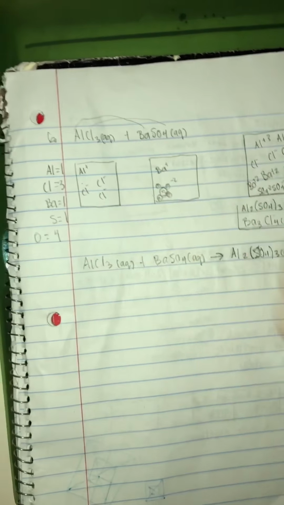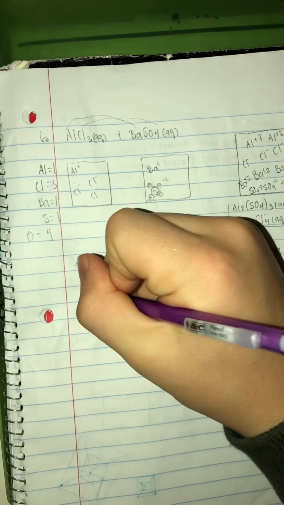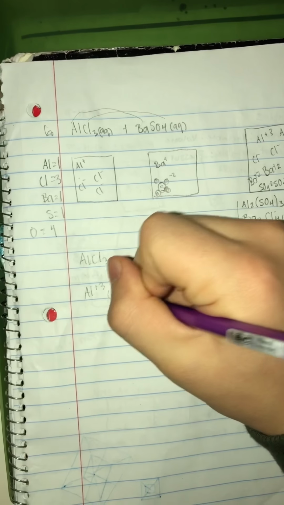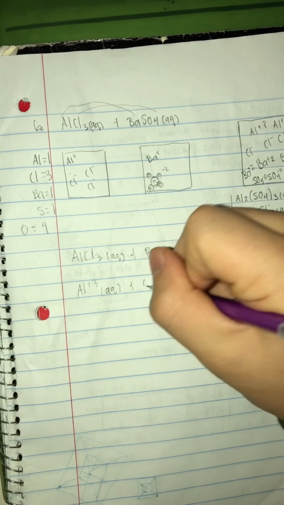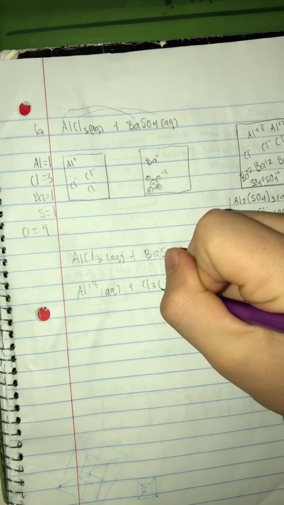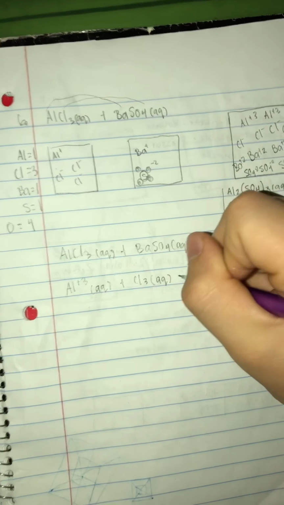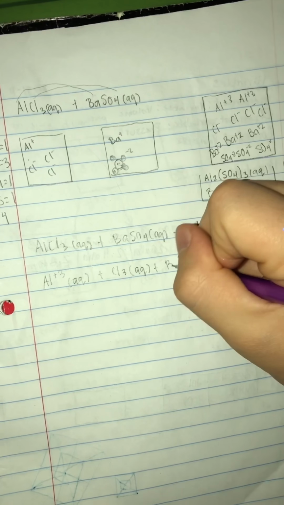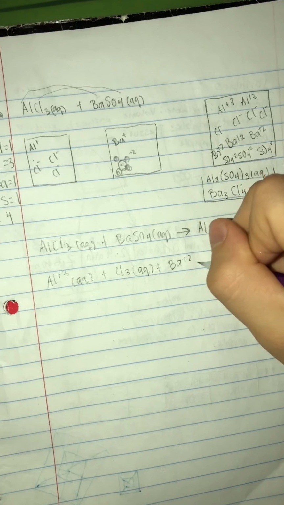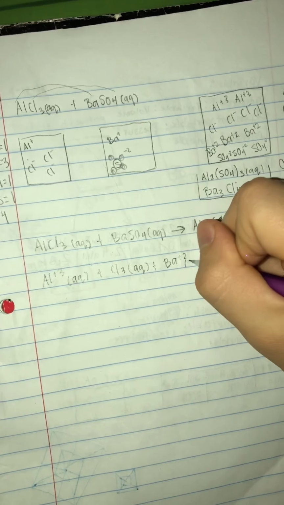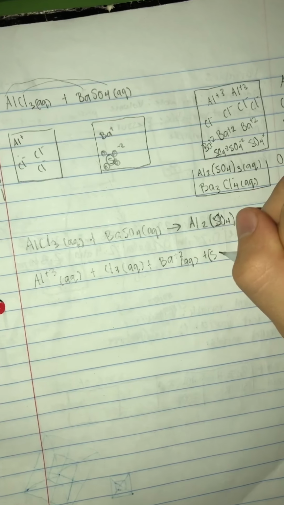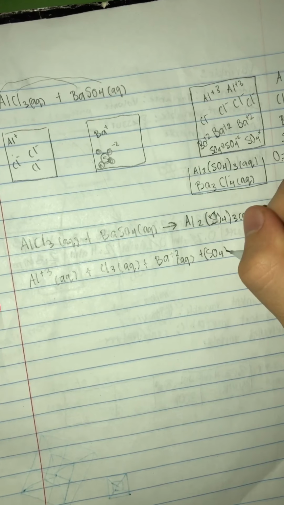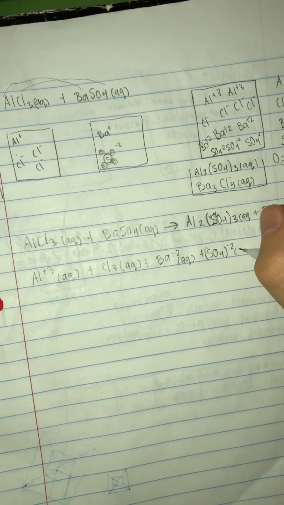Okay, now for our complete ionic equation, Al plus 3 aqueous plus Cl3 aqueous plus Ba plus 2 charge aqueous plus SO4 minus 2 charge aqueous